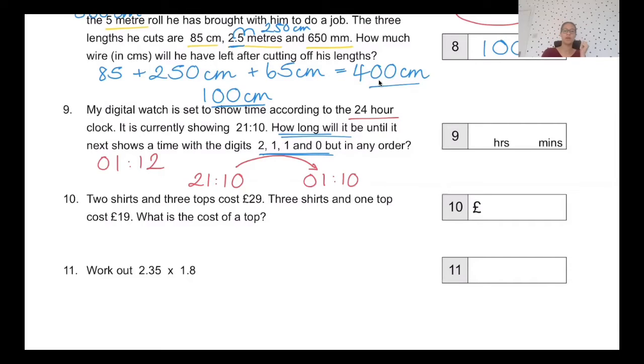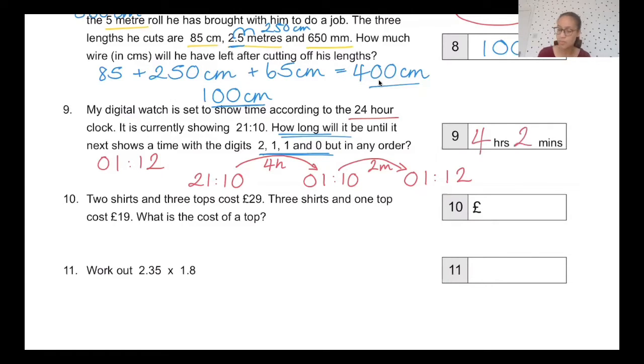Okay, yeah, Poppy, you've got it. So 4 hours. If you're not sure, you can do it on your fingers. So 9 to 10 is 1 hour, 11, 12, 1 o'clock. So 4 hours. There's no shame in using your fingers to work out something like this because we just want to make sure you are correct. Okay, and then 1:10 to 1:12, the time we're trying to get to, is 2 minutes. So the time taken is 4 hours